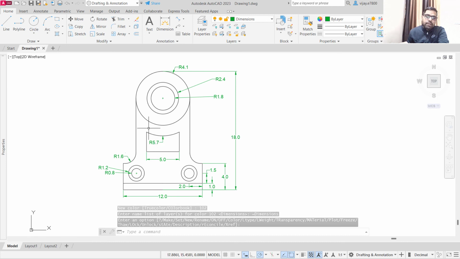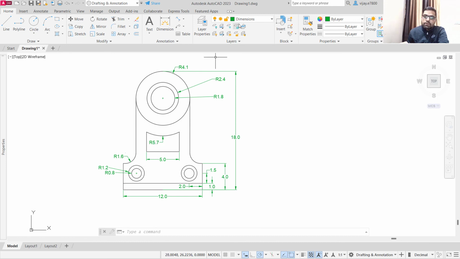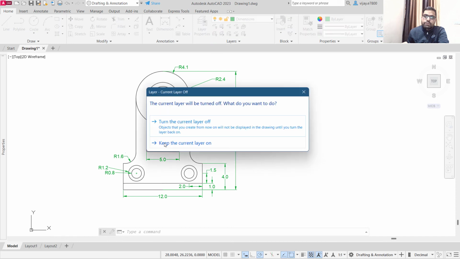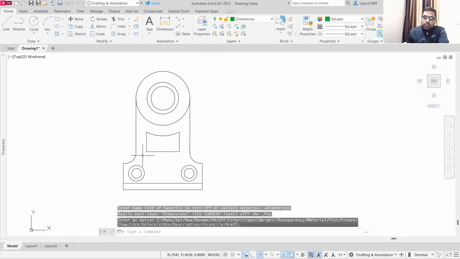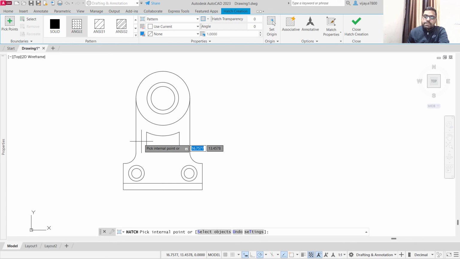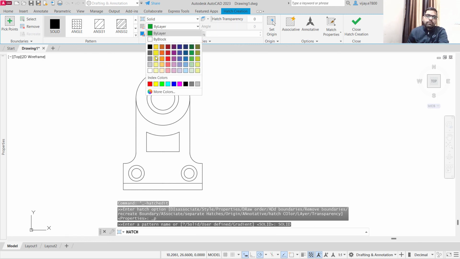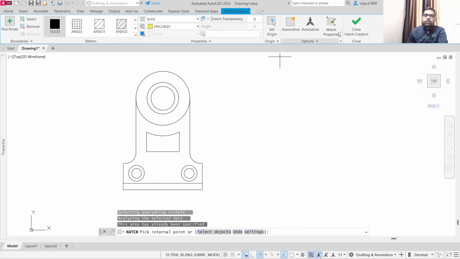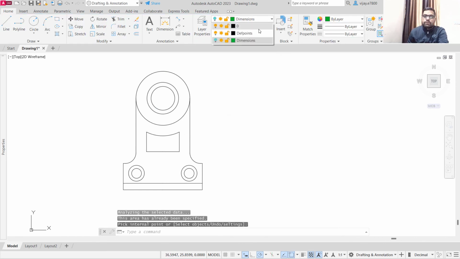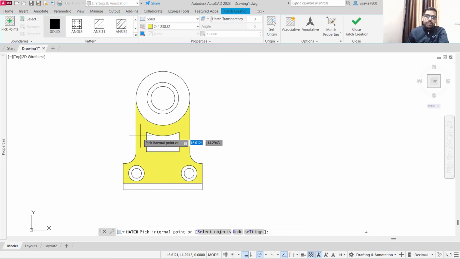Now suppose that I want to find out the area of this particular region. Okay, so what I need to do is simply click on the hatch command. Now specify a pattern, pick any internal point. Okay, the main issue that we are seeing is that we are in the dimensions layer. So click on the hatch command, pick any internal point,